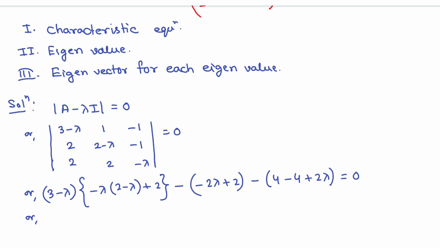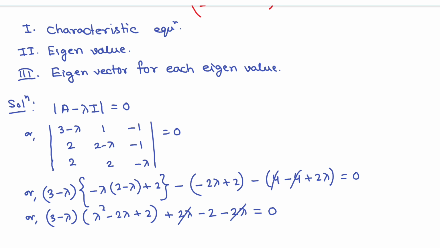Or, if I simplify this, (3 minus lambda) into (lambda square minus 2 lambda plus 2), plus 2 lambda minus 2, and from here 4 cancelled out, so you get minus 2 lambda, equals 0. So plus 2 lambda minus 2 lambda cancelled. Okay, so what are we getting from this? If I multiply the factors, and here you have minus 2, so this equals